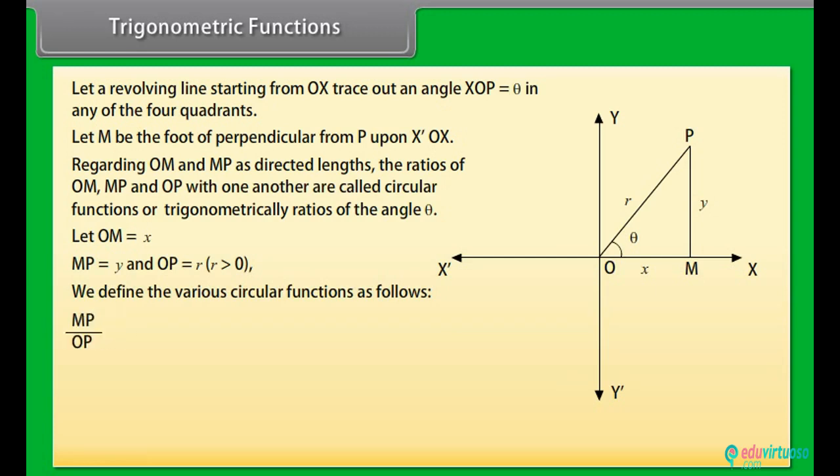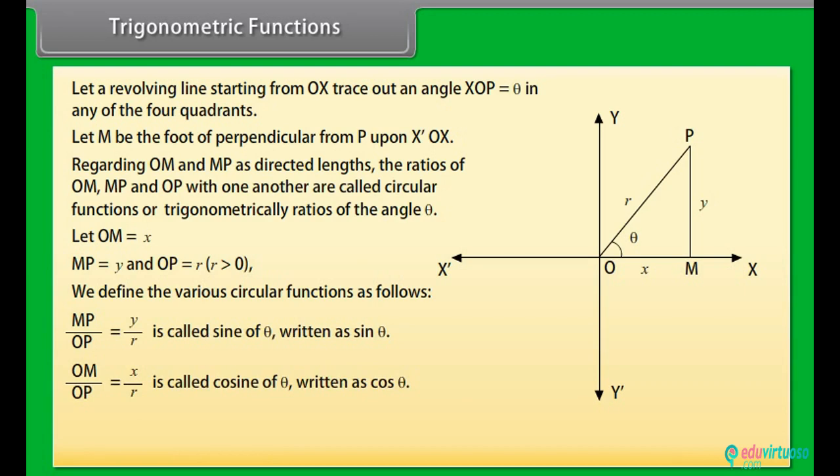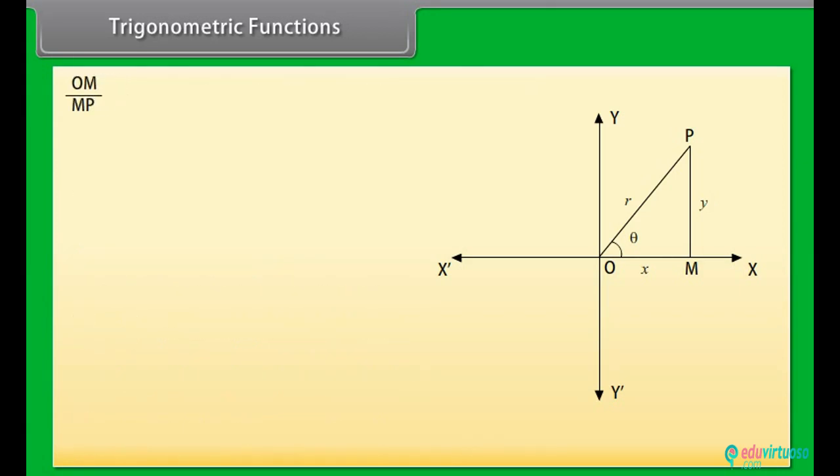MP by OP is equal to Y by R, called sine of theta, written as sin theta. OM by OP is equal to X by R, called cosine of theta, written as cos theta. MP by OM is equal to Y by X, X not equal to 0, called tangent of theta, written as tan theta. OM by MP is equal to X by Y, Y not equal to 0, called cotangent of theta,